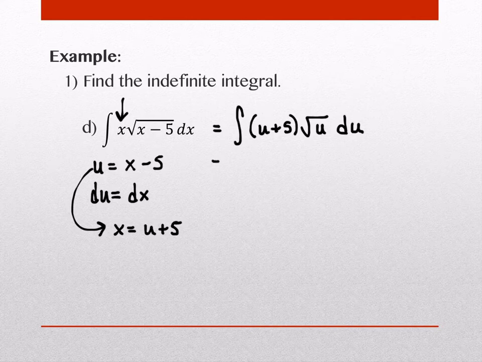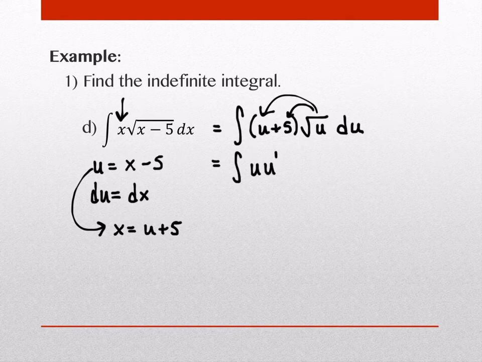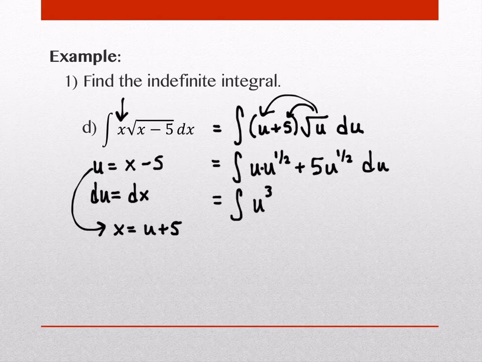And the reason that this is friendly is because I can distribute this now. You can distribute if the addition's on the outside of the radical. You can't do it if it's underneath the radical. So this becomes u times u to the 1/2, so this is u, and this is u to the 1/2 right here. We'll add those together in a second. And then you have a 5u to the 1/2, and the du, of course, at the end. So what is u times u to the 1/2? u to the 3/2. So I have u to the 3/2 plus 5u to the 1/2 du,